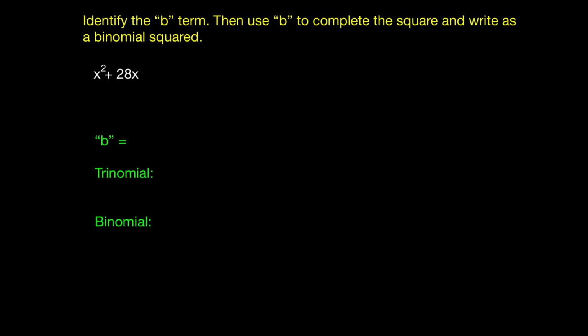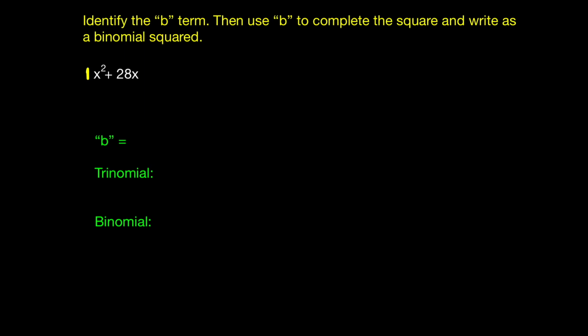Identify the b term, then use b to complete the square and write as a binomial squared. The first thing that I want to do is identify the b term, and the b term is, quote unquote, the middle term, or you can say that's the coefficient of x. So the coefficient of x is 28, the coefficient of x squared is going to be 1. Reminder that we want the coefficient of x. So I'm going to get 28,